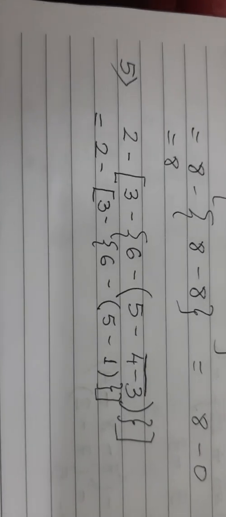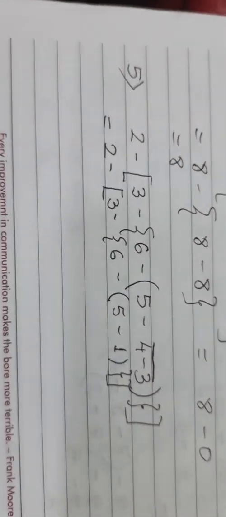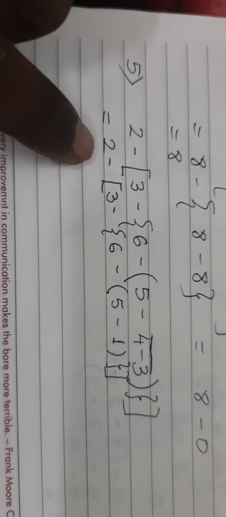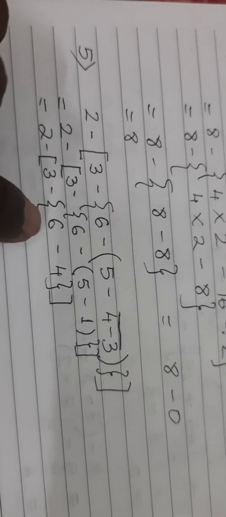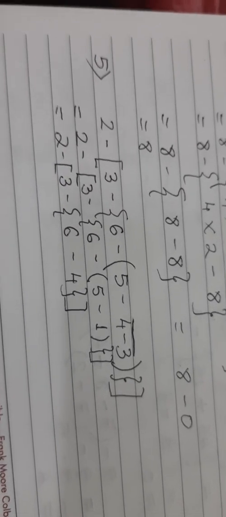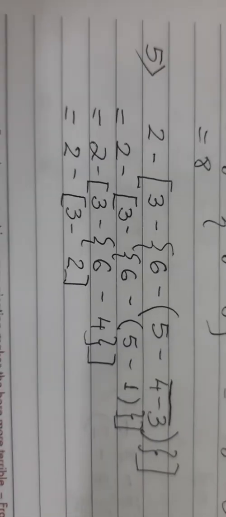Solve that portion above which this line is there, and then you come back and use the BODMAS rule. So now we have the innermost bracket, the first bracket, 5 minus 1, that we will solve first. Rest of the numbers you leave as they are, no solving should be done. So finally the first bracket is solved. 5 minus 1 is 4. Single value 4 requires no bracket, so this bracket will not be given for 4. So now we are left with the second bracket, or the curly bracket. In the curly bracket we have 6 minus 4. Solve 6 minus 4. So 6 minus 4 is 2.